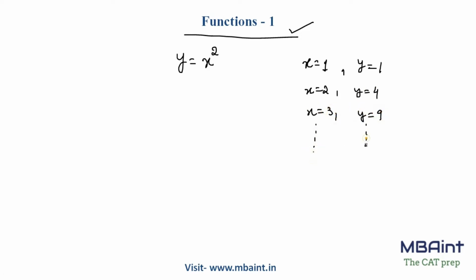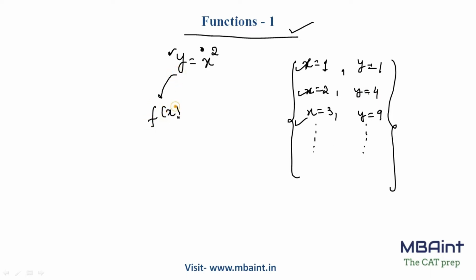So what does this mean is, if I keep putting different values of x, right, I will keep getting different values of y as well, right? Now in that case, can I say that the value of y is dependent on the value of x, right? We all can say that the value of y is dependent on the value of x, so I keep putting different values of x and I keep getting different values of y as well, right? So in that case, I can also say that y is nothing but the function of x, right?